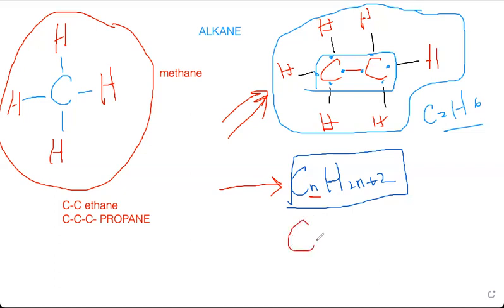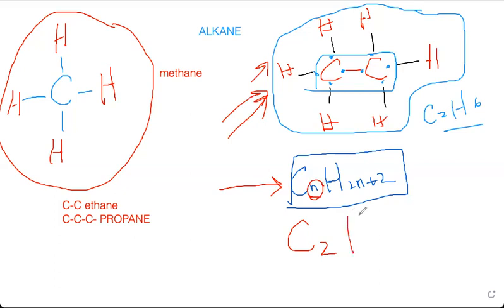See, we are working for ethane now. I'm going to find the formula of ethane. Earlier I used the structure, but now I'm using the formula. So n means number of carbons. If I need to find the formula of ethane, I should know how many carbons are there in ethane. Otherwise, I cannot use the formula. So ethane has two carbons. That's what we should know.